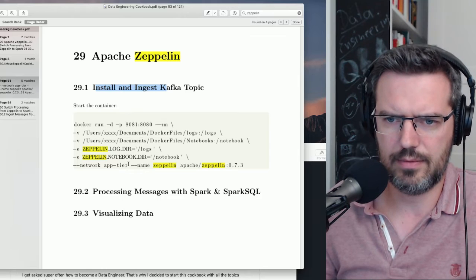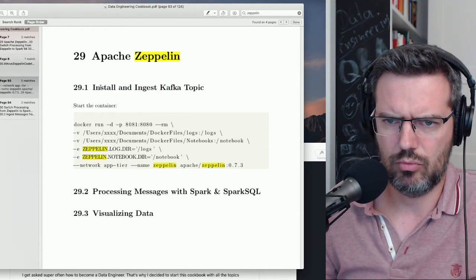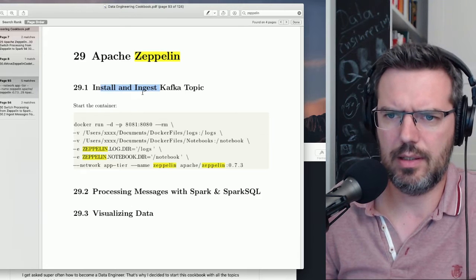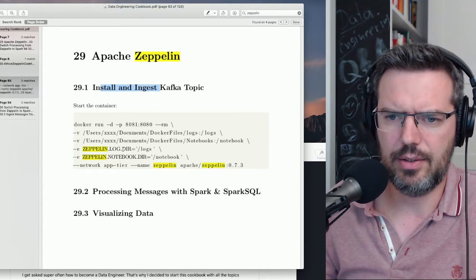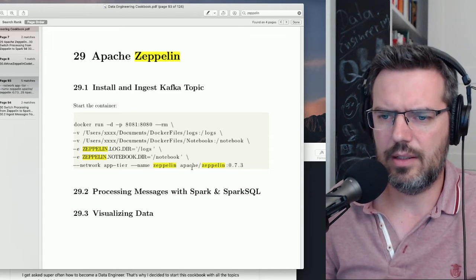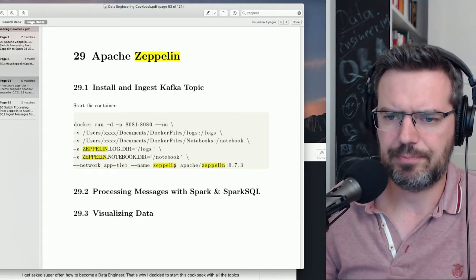Oh, that's Kafka. Strange. Okay, I think I need to change the headline here. This is basically how you install and run a Docker, and the Docker that I'm using is Zeppelin 0.7.3.